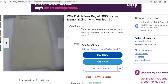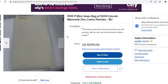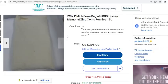Sure, it is, it is, right? The last date in which you could find RPMs because in 1990, they actually put the mint mark as a part of the master hub, all right? And then all the other working dies would work off of that one master hub with the mint mark already on there, whereas before that, from 89 and earlier, the mint mark was added to the working die with a hand punch on those. So, yeah, again, very attractive looking bag here, but again,